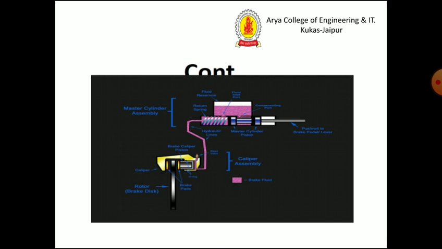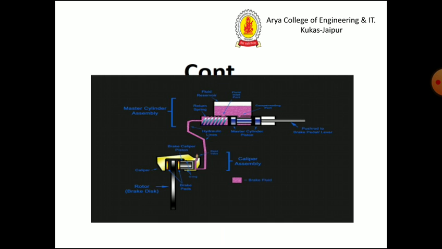This is a layout of a typical hydraulic braking system in which there is a push rod to brake pedal lever which connects with the master cylinder pistons, and there is a reservoir of fluid in the master cylinder and having a fluid line which is connected with the caliper,